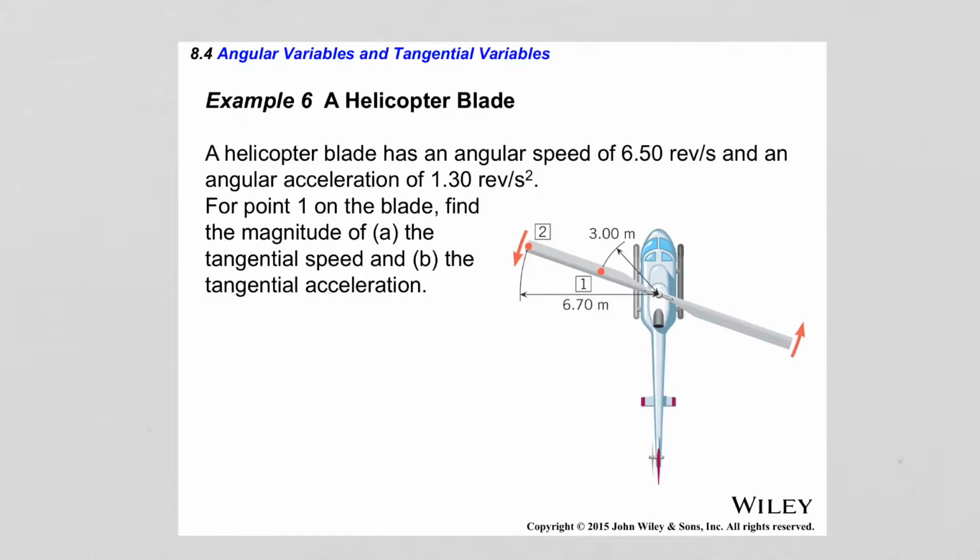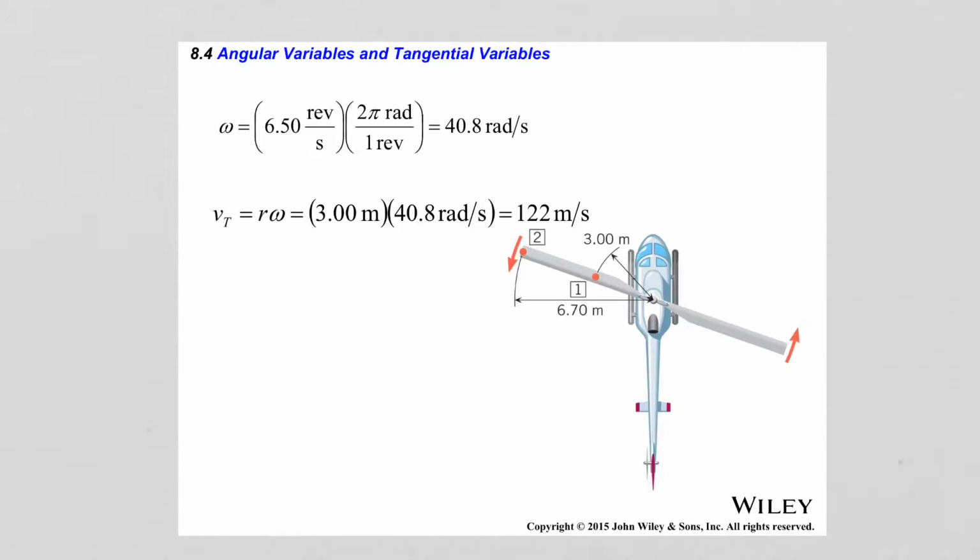So the angular speed is given in units of revolutions per second, which means that this must be converted into radians per second. So the conversion is 6.5 revolutions per second times 2 pi radians divided by 1 revolution. The units of revolutions cancel out, and then we have 6.5 times 2 times pi, that is equal to 40.8